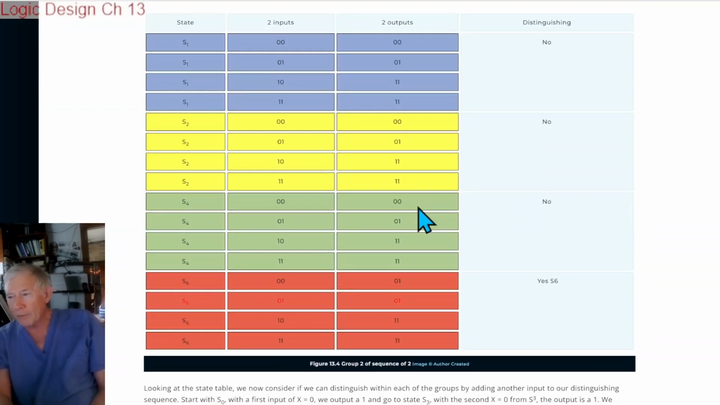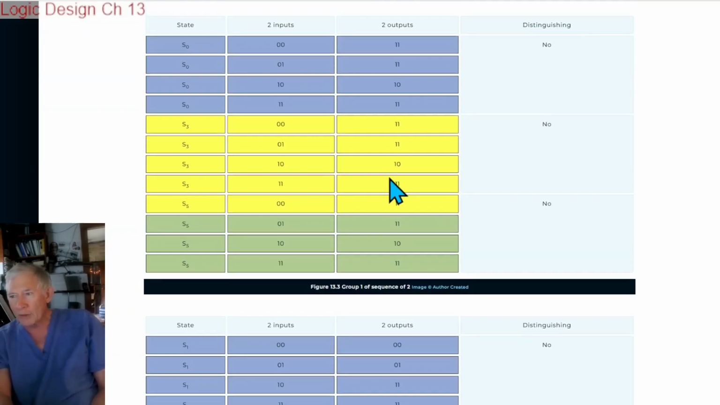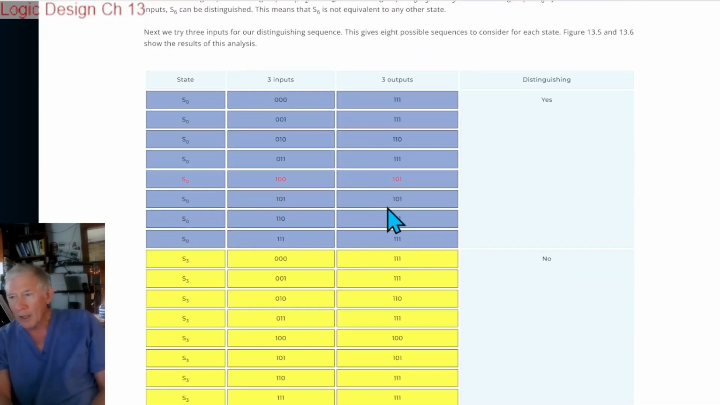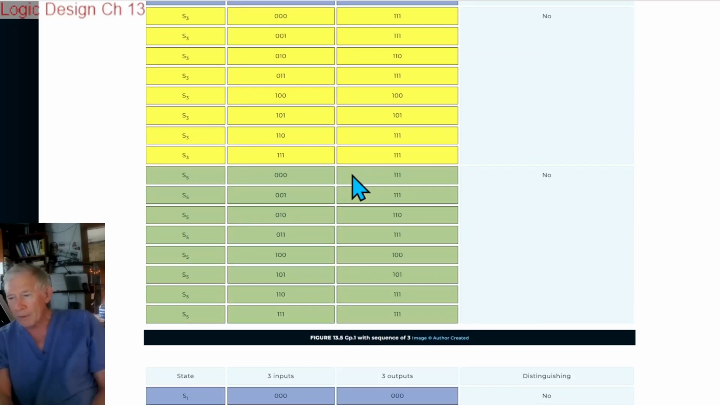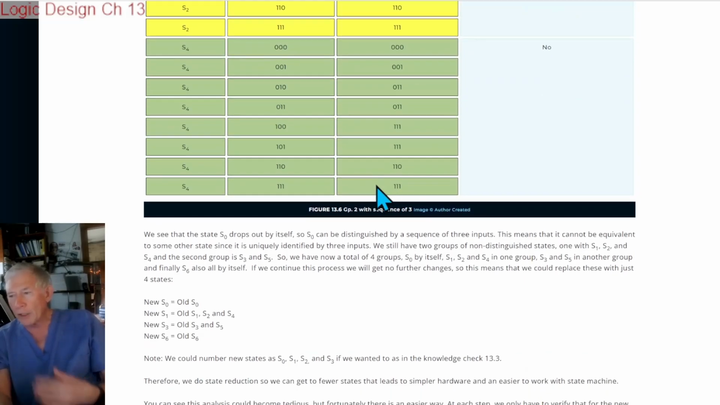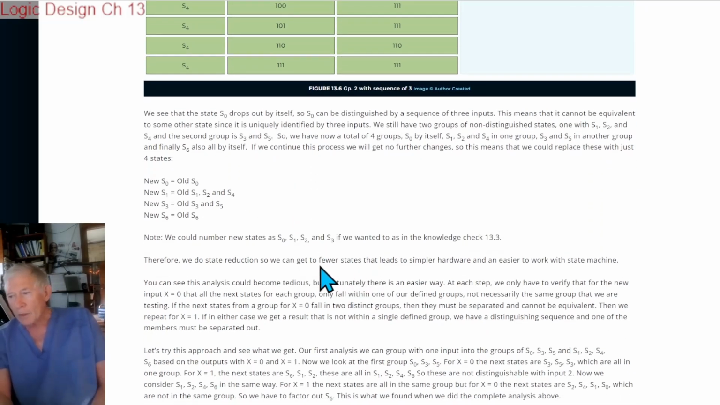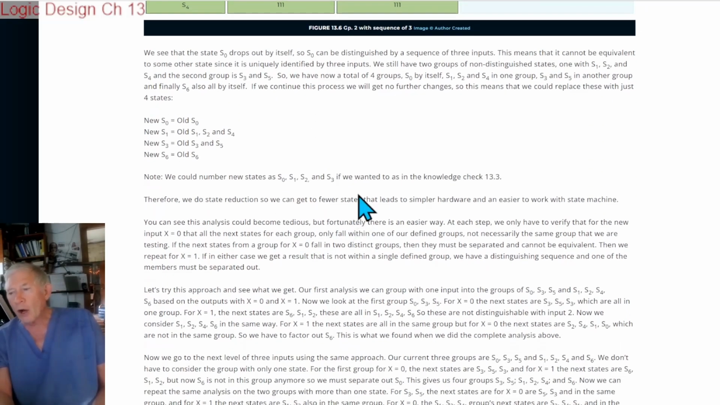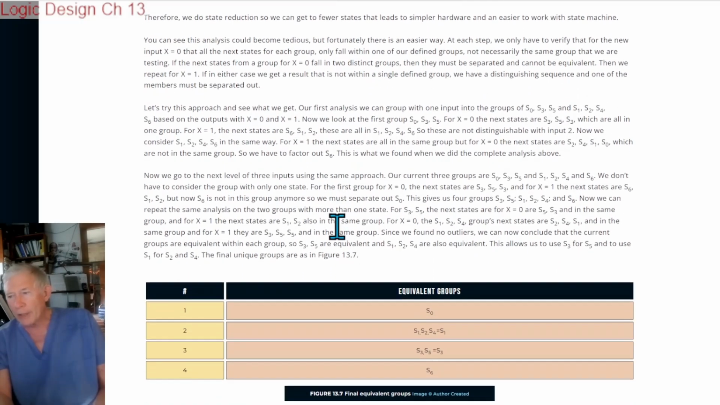So now we're going to take S0 out of this group, and right here this distinguishing sequence is a problem with 3 inputs, and so now we have another group. Okay, and we can keep doing this. It gets tedious and somewhat difficult. But this is actually the hard way to do it. So if you keep on reading down,